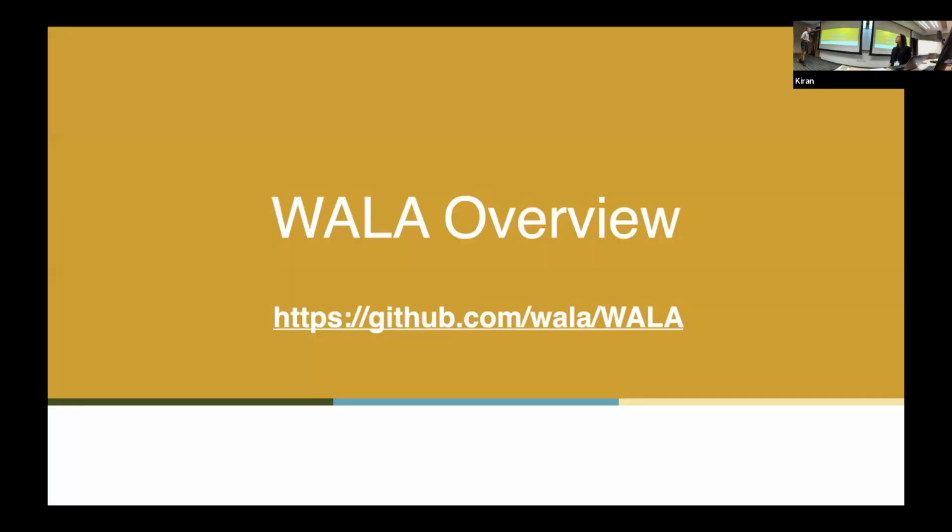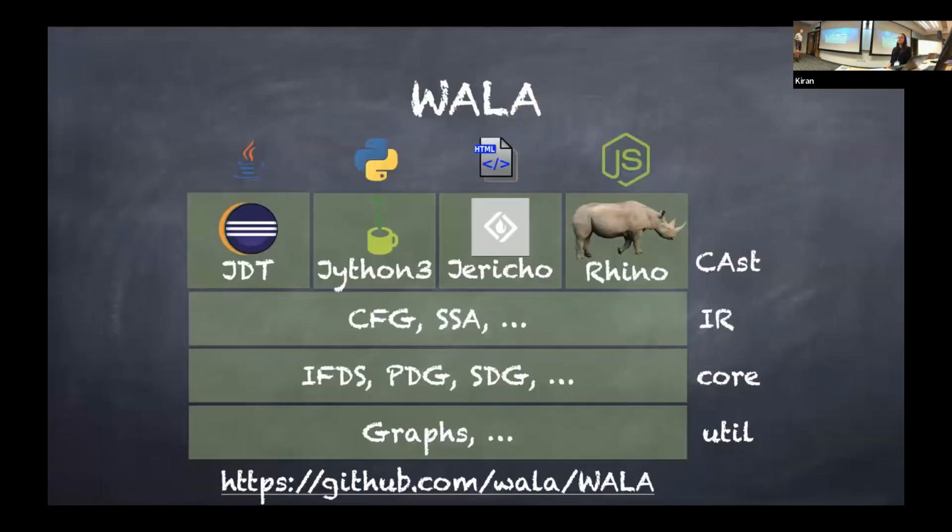So with that said, let's start with an overview. This is basically about what is Wala in total, and how it fits into a broader ecosystem. This example figure shows you roughly what Wala is, and it's roughly split into horizontal and vertical. So horizontal is the languages. We have Java, we have Python,